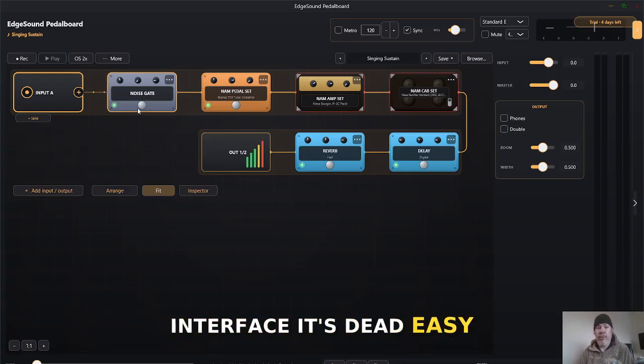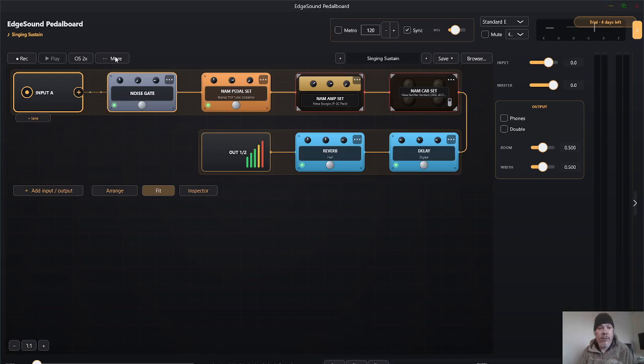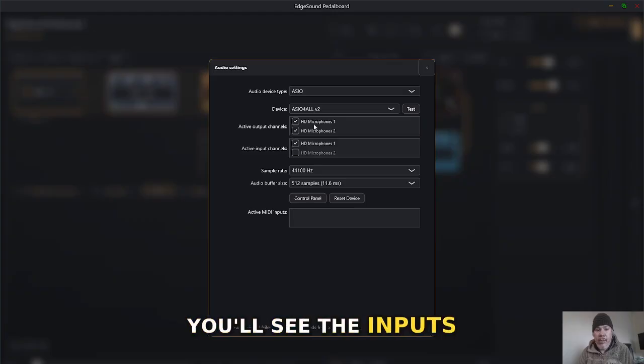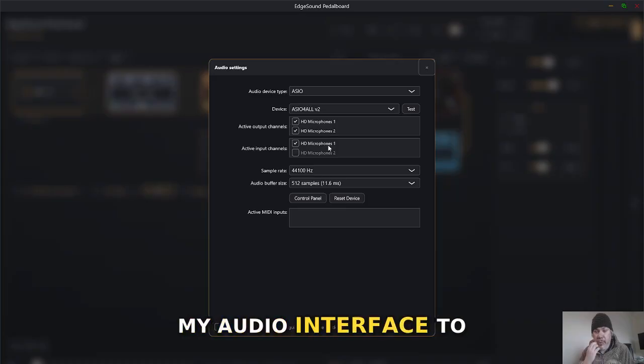It's dead easy. You go up here to the More button, click it, Audio Settings, and here you'll see the outputs, and the inputs from my audio interface.